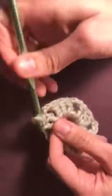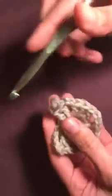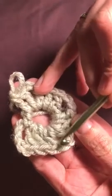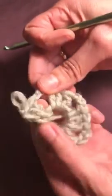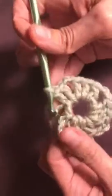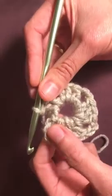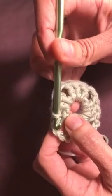The reason why I'm doing only 2 double crochets is, remember in the beginning, so this is the tail, I'm going to put it behind. In the beginning, we chained 5, and then we did 3 double crochets, 2 chains, 3 double crochets, 2 chains, 3 double crochets, 2 chains, 2 double crochets. The double crochet is the same height as 3 chains. So what I'm going to do is count this chain as one of my double crochets. And I'm going to do a slip stitch to skip to the next row. So I'm going to count 3 chains, so first, second,